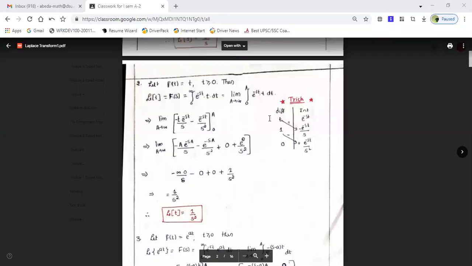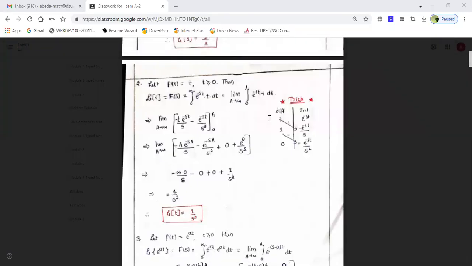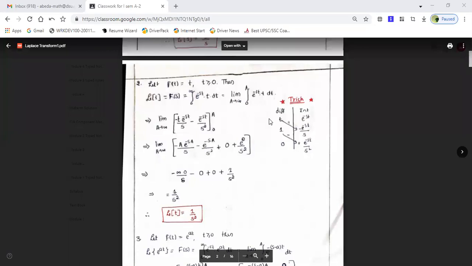So today we will take another example function. Say here, if you see f of t is equal to t. So if I take f of t is equal to t, as you all know, there is a function Laplace transform which is defined by using the formula, that is integration from 0 to infinity e to the power minus st f of t into dt.